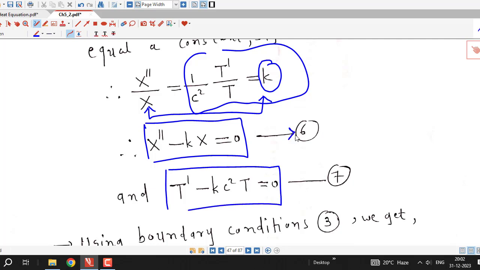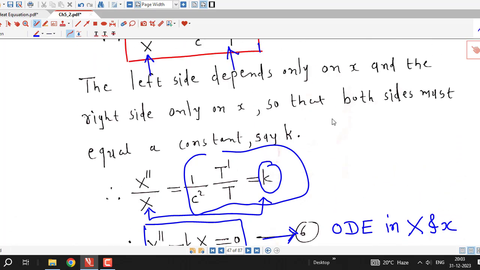So now we can see we have two ordinary differential equations. This equation number 6 is a second order ordinary differential equation in variable capital X and small x. X is a function of x. Similarly, this is an ordinary differential equation in capital T and small t as independent variable. First we solve equation number 6. Before that, we know that the boundary conditions are given by